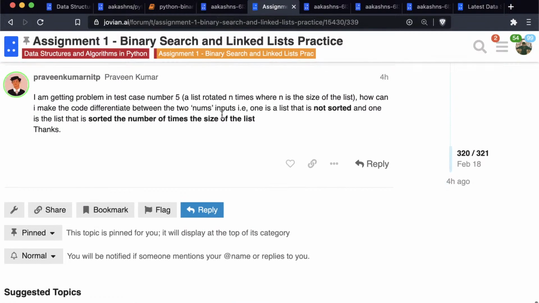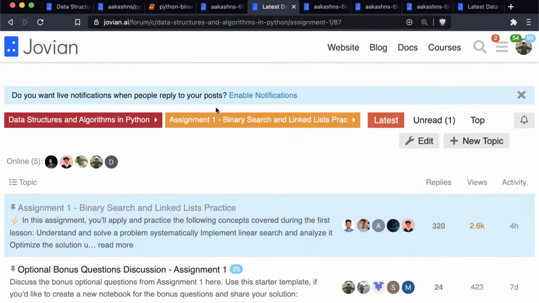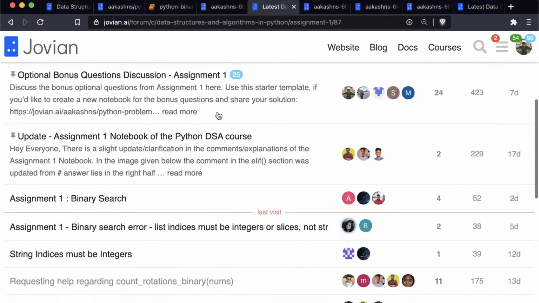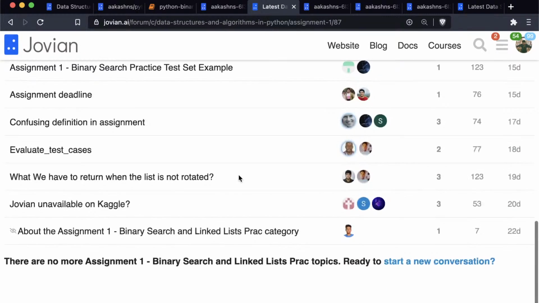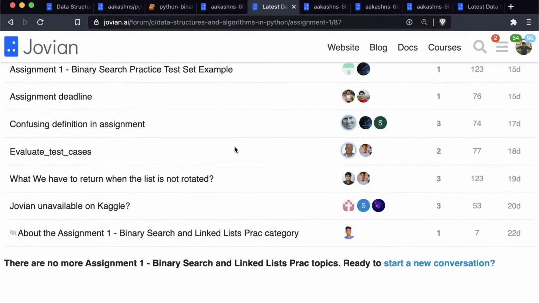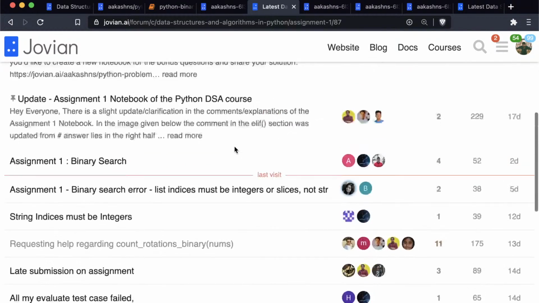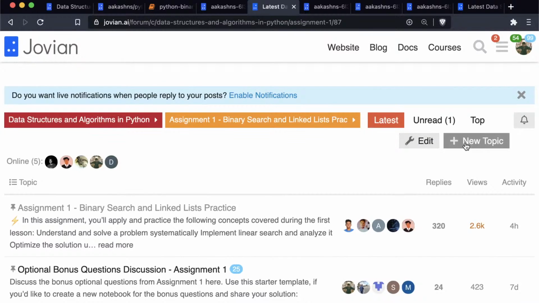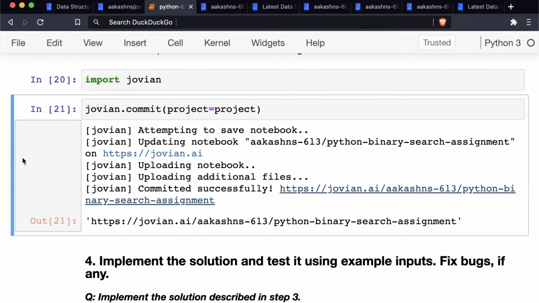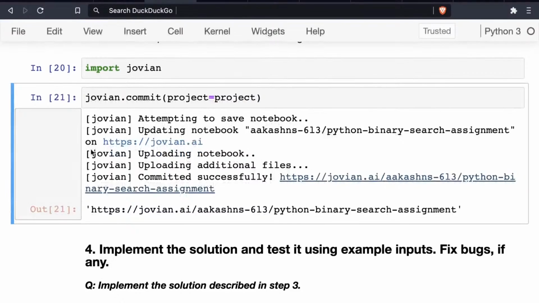So that's the discussion topic. You can also go back to the topic here, the category here, and create a new question. If you want to start your own thread, if you think your question deserves a deeper discussion where multiple people can reply, you can also create a new thread by clicking new topic. Okay, so keep this in mind and do make use of the forum.